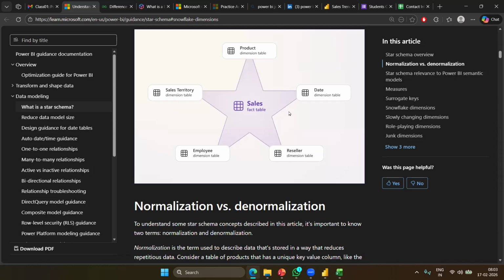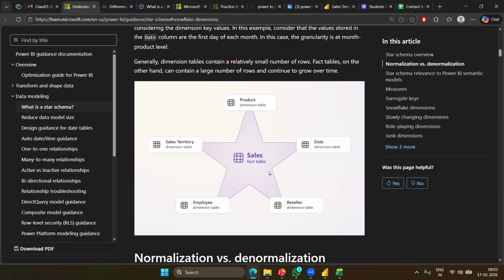Now when you compare with the example that we are discussing now, the sales table is going to sit at the center, since it is going to store all the information related to the transactions and activities. It's like a fact. We are storing a fact, so it is called a fact. And to support this table, we are going to have dimension tables like product, where I can have the detailed information about the product, and employee. Since this is connected like a star, we call it a star schema.